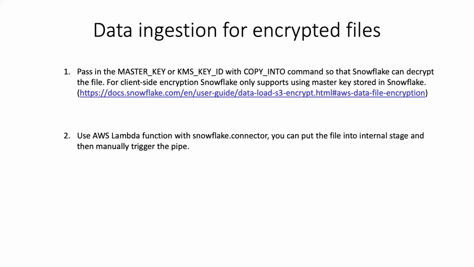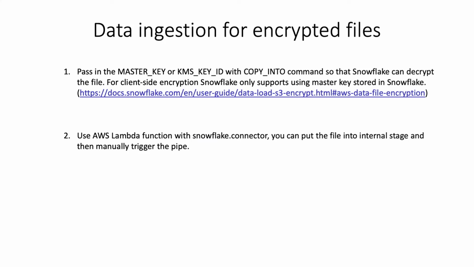We also want to share particular use cases from our past work. Sometimes we have to load encrypted data from a cloud environment to Snowflake. In this part, two use cases will be discussed. The first one is for files that are encrypted with AWS CSE or AWS SSE S3 and AWS SSE KMS. The second one is for files that are encrypted with a customized client-side library.